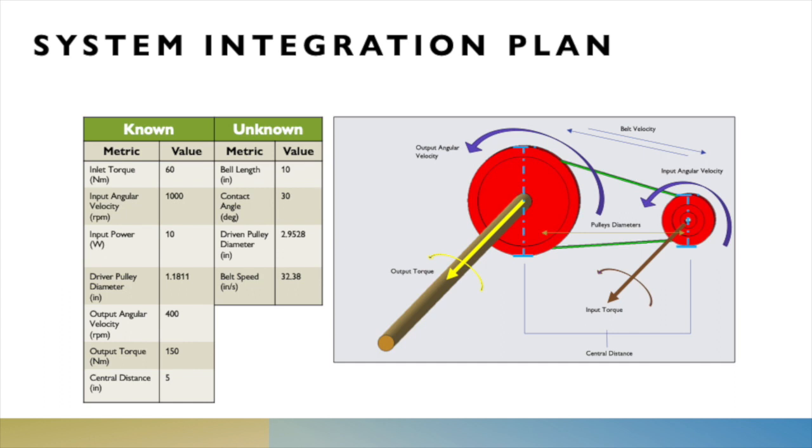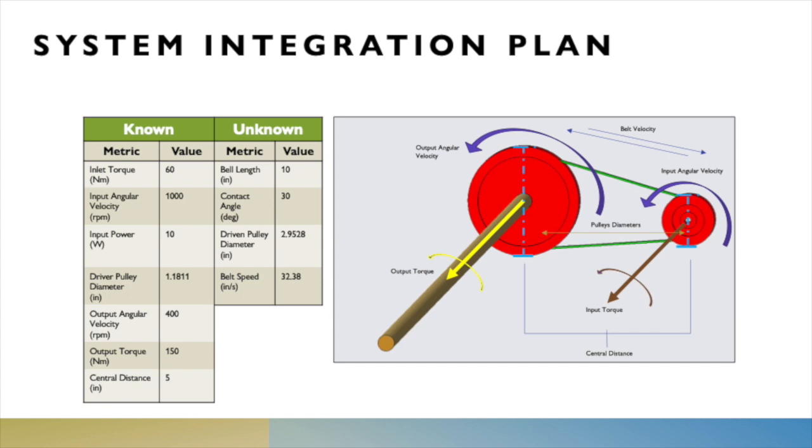The values in the same order are 16 Newton meters, 1000 RPMs, 100 watts, driver pulley diameter 1.18 inches, output velocity 400 RPMs, output torque 150 Newton meters, and the central distance,